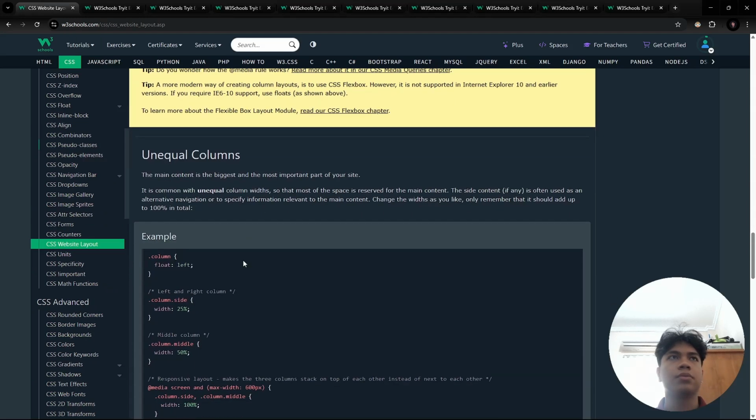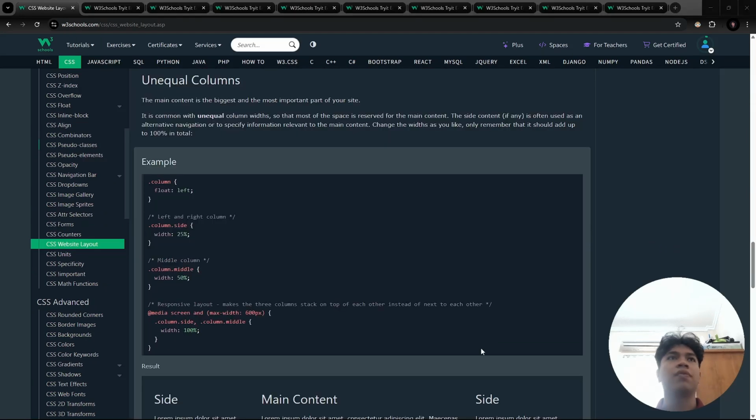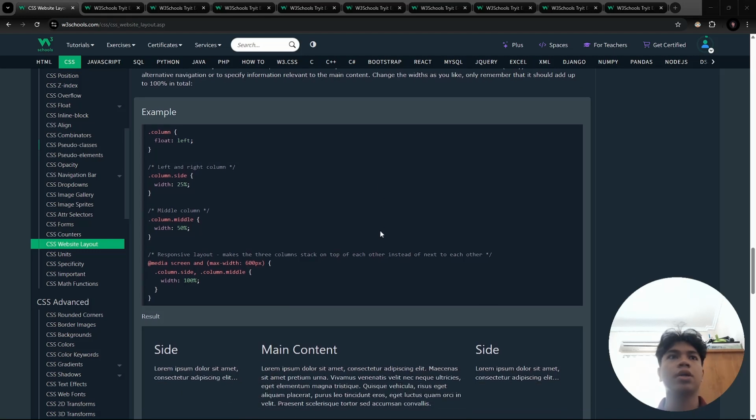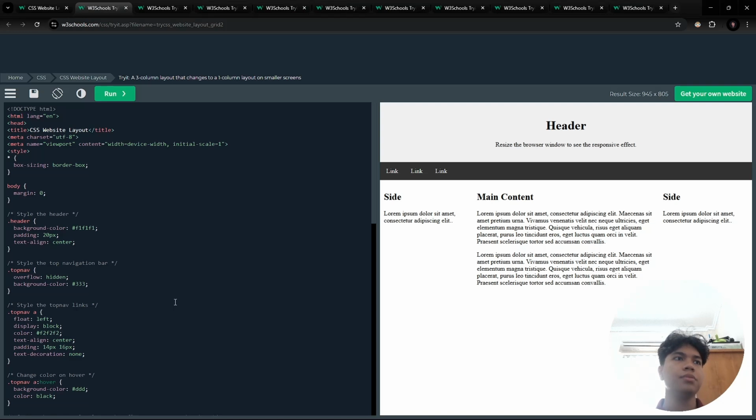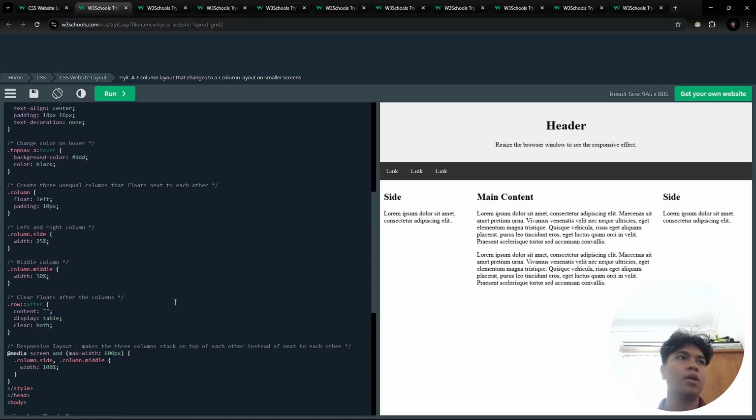Alright, so okay, for the unequal columns, it is common with unequal columns that most of the space is reserved for the main content, so that the side contents are usually smaller compared to the main content in the center. Okay, let's try this. Right, as you can see here,